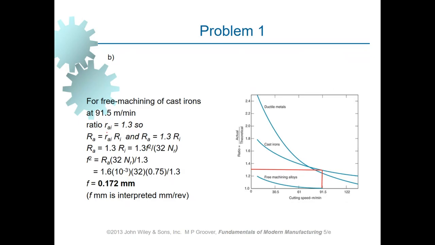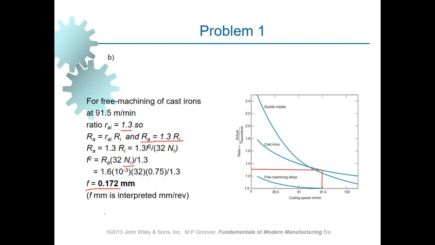Now we know that RAI is equal to 1.3, and now we can establish a relationship between actual surface roughness and theoretical surface roughness, which is this. Now if we substitute the values of surface roughness that is given and also the nose radius that is also given, then we can easily compute the value of feed, and that corresponds to